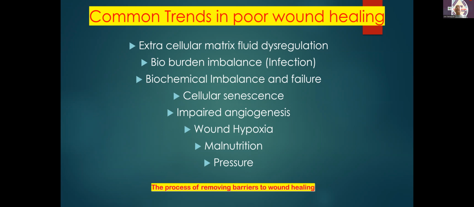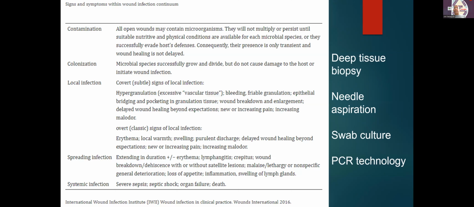So I think both of these etiologies are on the ends of the spectrum of angiogenesis. Obviously, in wound care there is wound hypoxia, malnutrition, and pressure, which we are not going to focus on. Today, we're going to talk about infection, which is one of the spectrum in the process of removing barriers to wound healing. So this was the International Wound Infection Institute